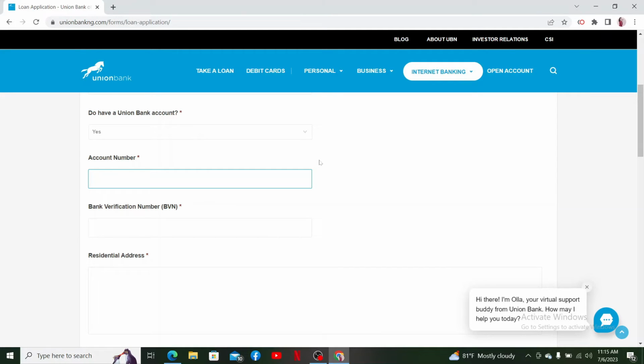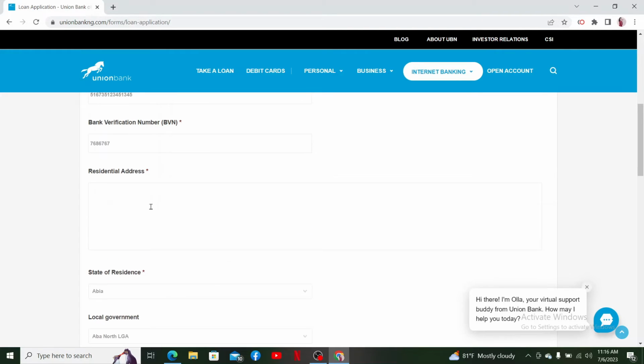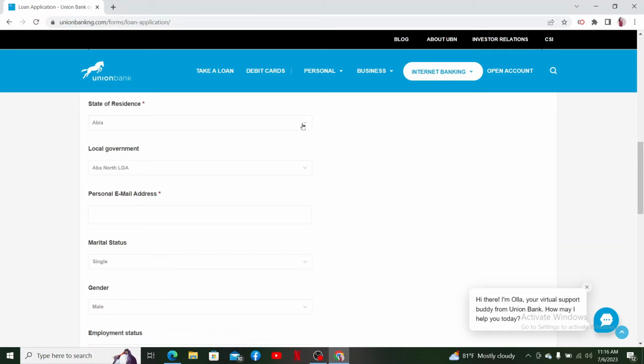On the next field, if you have a Union Bank account, you'll need to type in your account number, the bank verification number, and your residential address. Select your state of residence, local government authorities, personal email address, and make sure to type in all of this